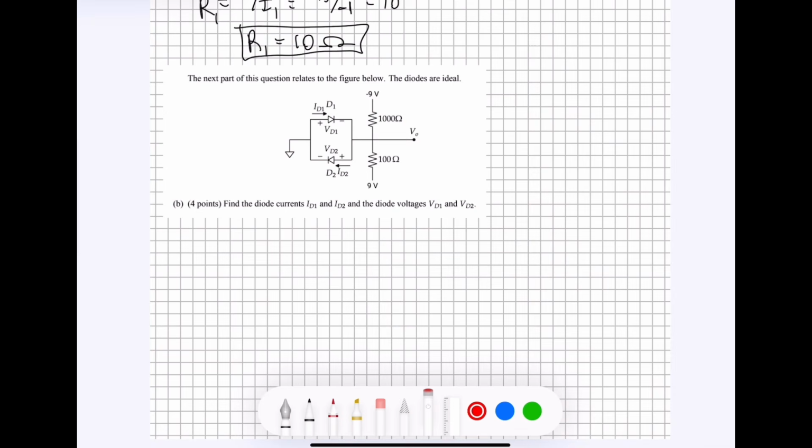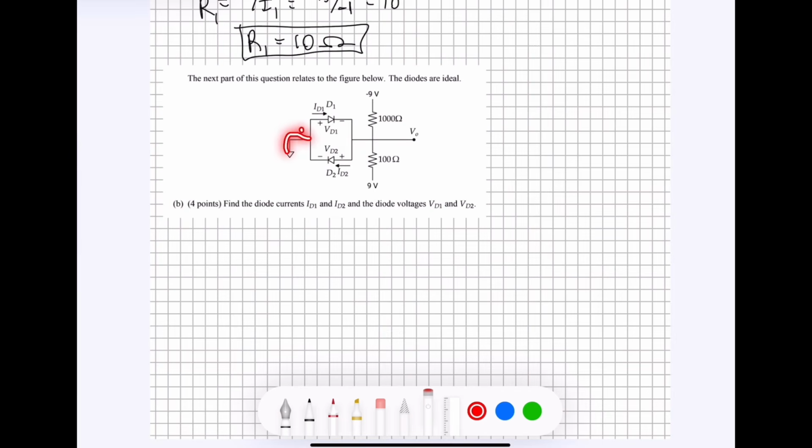What's important to know about this diode configuration right here is that if either one of these diodes is forward biased, then the voltage drop across that diode is going to be equal to 0. Also, if one of these diodes is forward biased, then the other one has to be reverse biased. So if this one was forward biased, this one would not be turned on. This diode would be on, but this one would be off because it's the only one that can be forward biased. And vice versa, if this diode is on, then this diode has to be turned off because